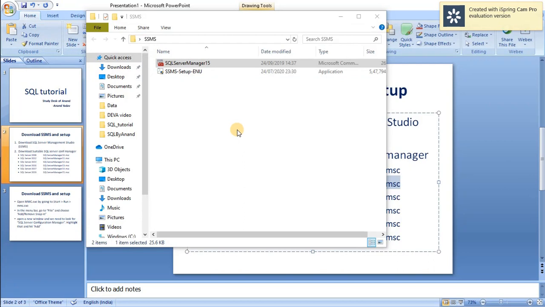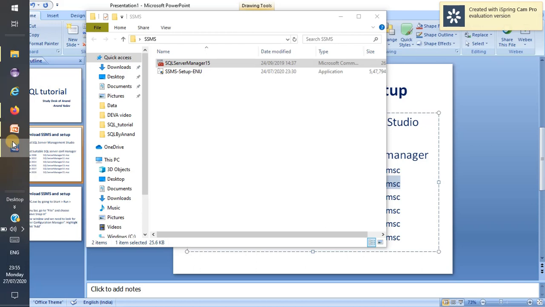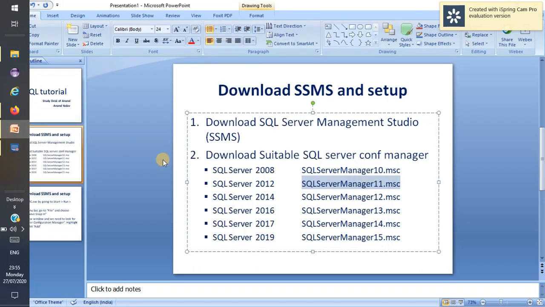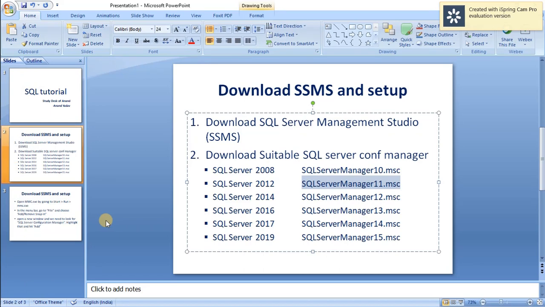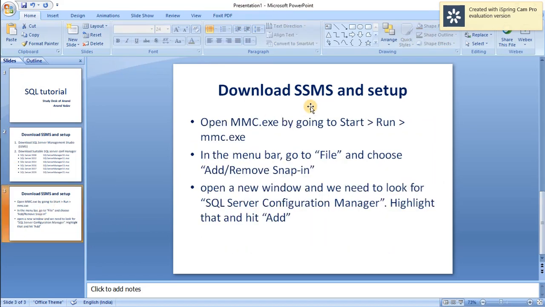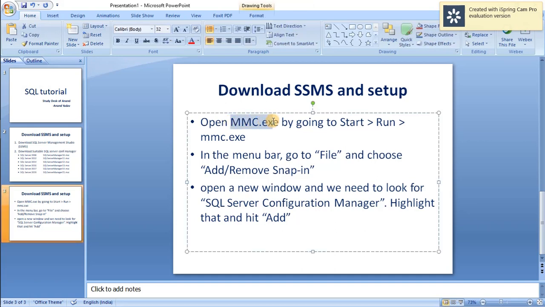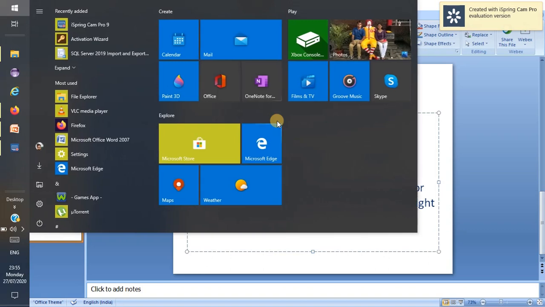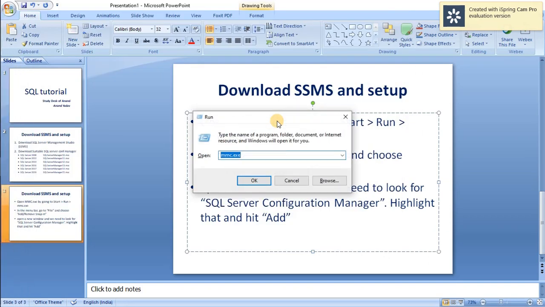That's why it takes me to the service place. Now the third step, when we are doing it for the very first time, is to allow the SQL Server configuration in Windows System32. For this we have to set it up manually. Just copy this command, press Windows R, and hit enter.